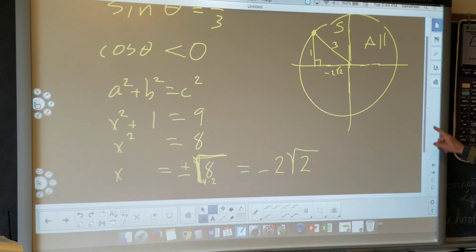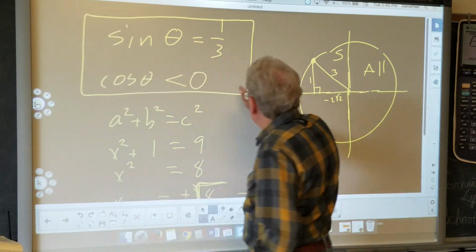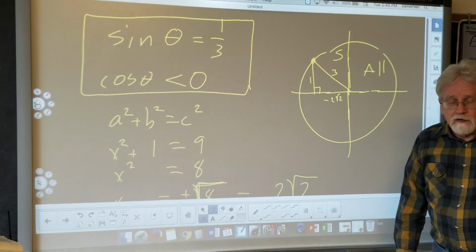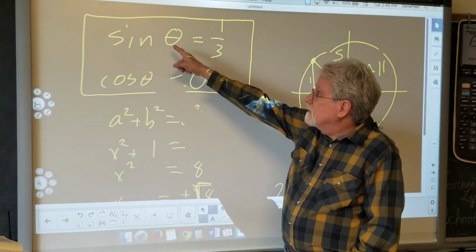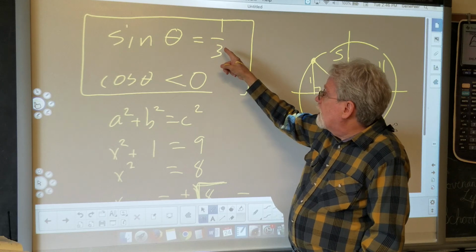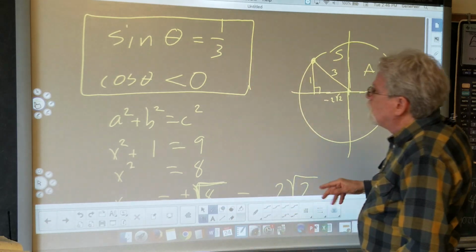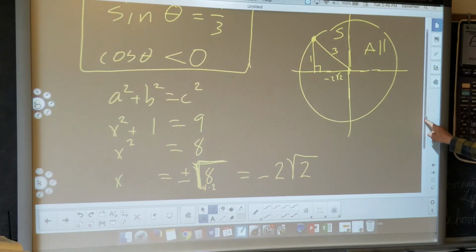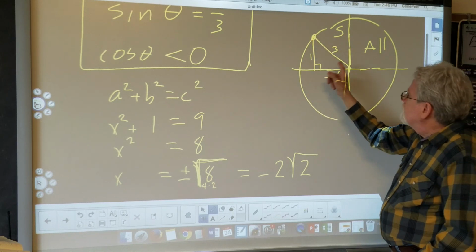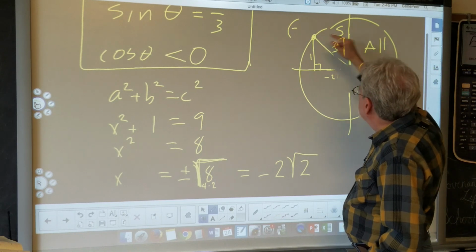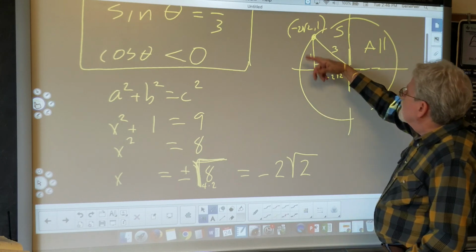In this particular problem, they give you these two facts, and they're asking you for all 6 identities. Well, obviously sine was given to us. Cosecant is easy, right? Cosecant is the reciprocal of sine, so cosecant is 3. Then for the others, once we have all this, we can just use the coordinate method. The coordinates here are negative 2 square root of 2, comma 1, and you can either use sine,